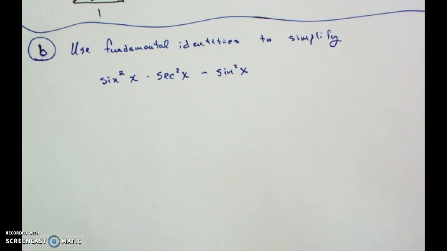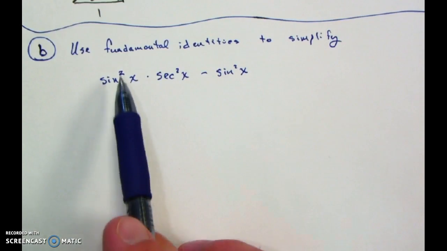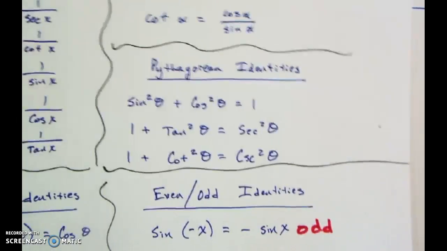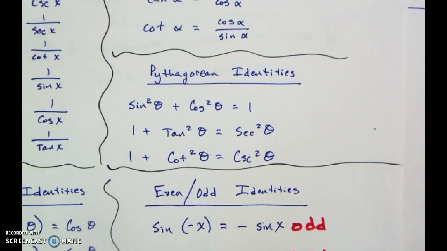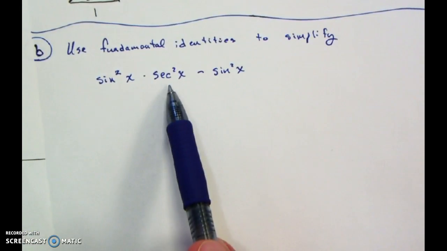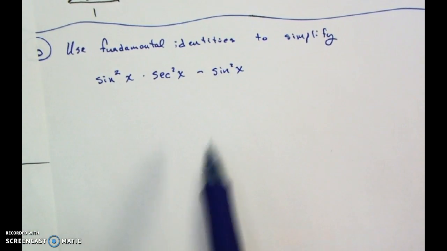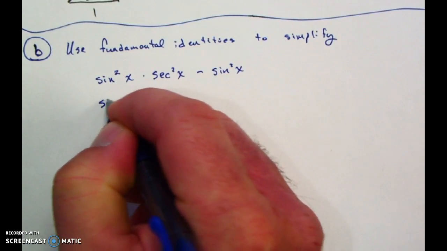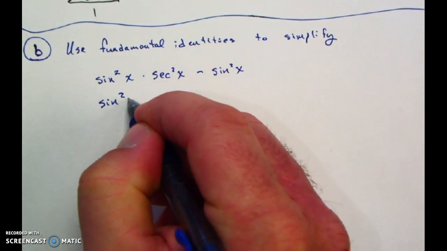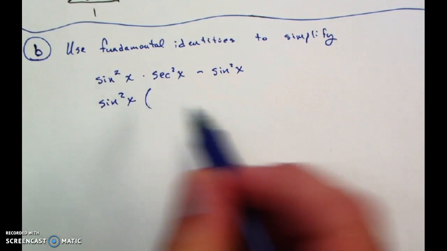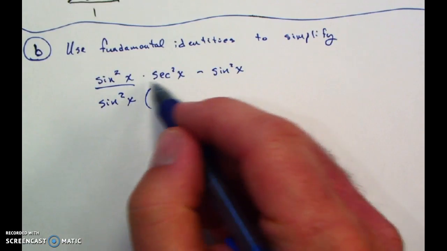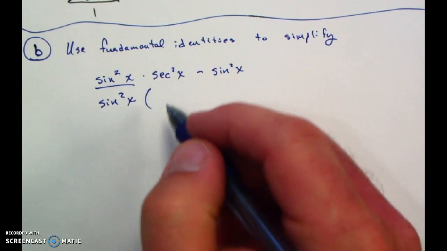Example: we're going to use our fundamental identities to simplify this given expression. Now, anytime I see a squared, I think of the Pythagorean identities. One thing I notice with this one is that we have a secant squared, and we have a couple of sine squareds. If I can factor out that sine squared x, in this first term I have one of them here, and then I have that sine squared times the secant squared,